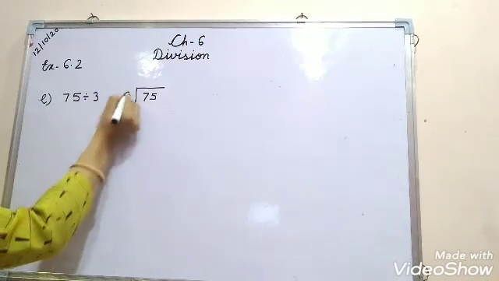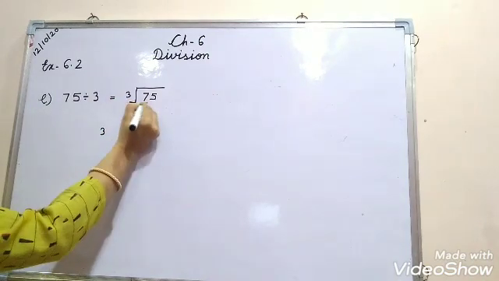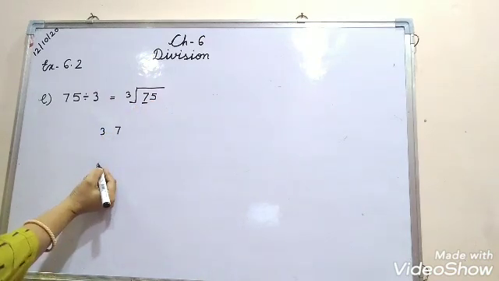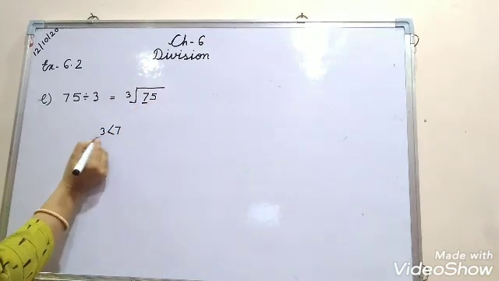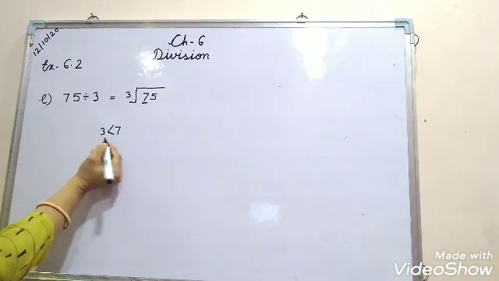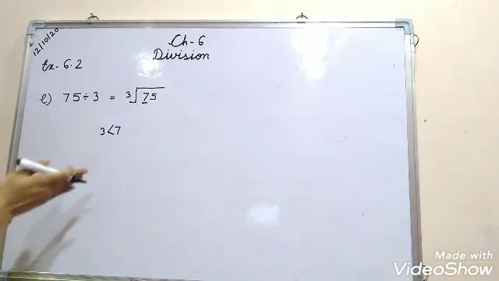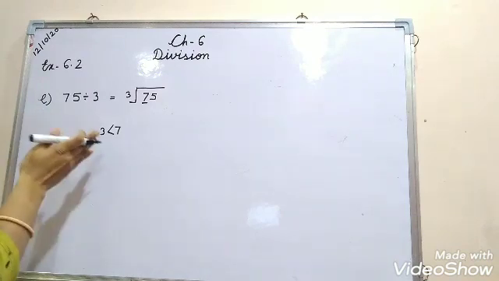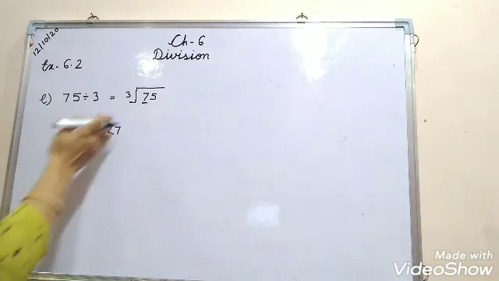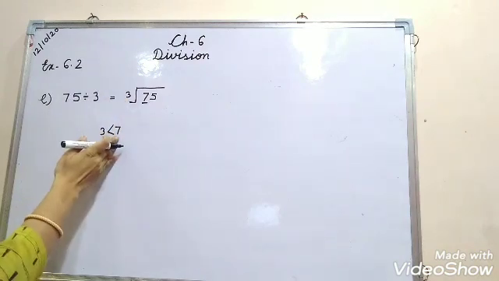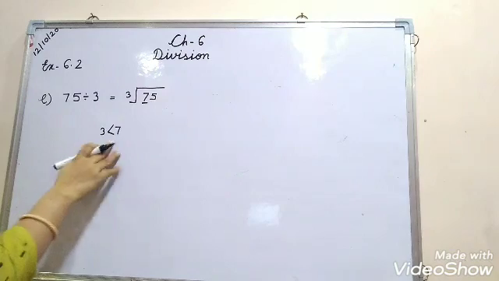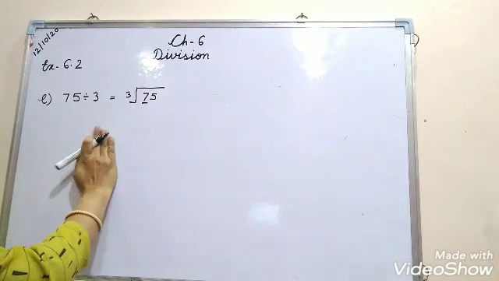Here the divisor is 3 and the leftmost digit of the dividend is 7. So here you can see that 7 is greater than 3. Okay. In the sums we have done till now, the leftmost digit was smaller than the divisor, but here the leftmost digit is greater than the divisor. You can see here. Then in this case what will we do?